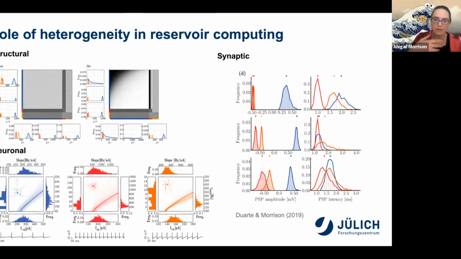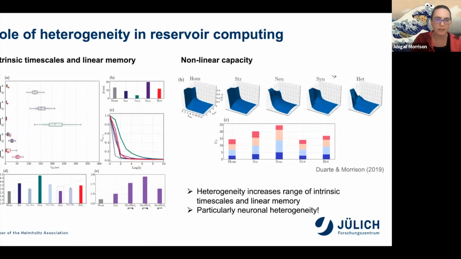And so we played this through. So we had then a variety of different networks. So a homogeneous network where everything's the same, all the neurons are the same, all the synapses are the same, and so on and so forth. Or just structural heterogeneity, just neuronal, just synaptic, and then everything together. So what we found is that